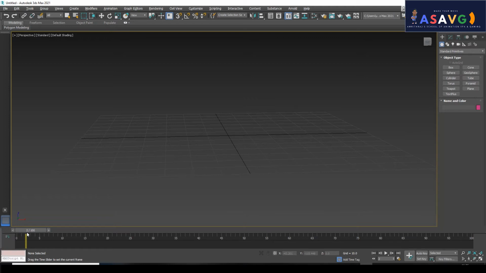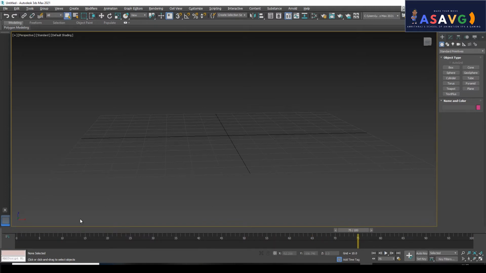You can see 0 by 100, 10 by 100, which means there are 100 frames in total and we are on the 10th position. Then we go to 25: the total number of frames is 100, and we are on the 25th frame. So we have play, pause, go backward, next frame, go to end, and go to start. Okay, so play, stop, go to next frame, go to previous frame, go to last, and go to first frame. Now if we play, we can see the animation over here.